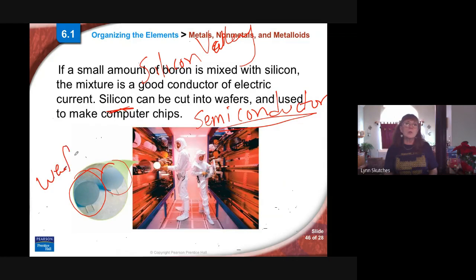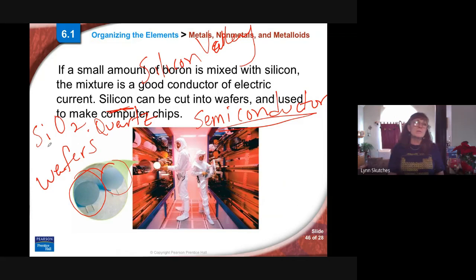So what they do is they purify, so silicon dioxide is the most common compound in the Earth's crust. That is what's in sand, most sands, unless they're seashell based, but most sand at the beach is silicon dioxide. And of course, you probably know that quartz, which we have tons of around here, is silicon dioxide. They purify and get pure silicon. It's really, really pretty in its pure form. I have a chunk of it at school,